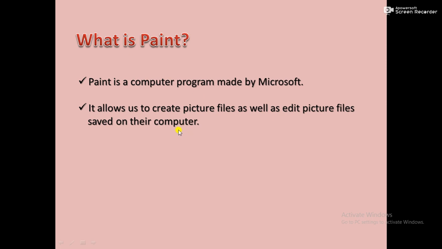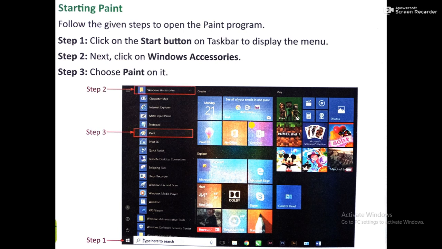It means you can create your own picture files, and if you want to edit the pictures again, you want to make changes inside the picture files again, you can do it and save it with another name. This facility is available in MS Paint. Microsoft Paint is also a program to edit text in images saved on a computer. There are various tools to help us edit photos, like pencil tool, eraser tool, cutout tools, multiple shape tools, etc.